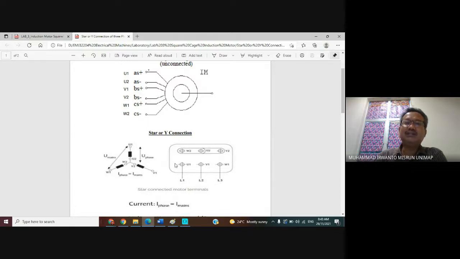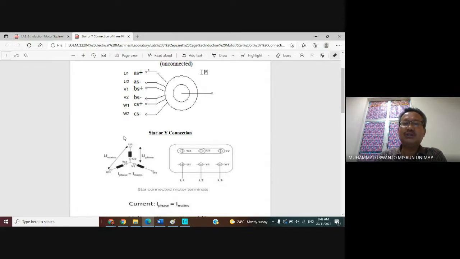Which ones are U2, V2, W2? This one. So just connect U2 to V2 to W2, and then U1, V1, W1 connect to the source.